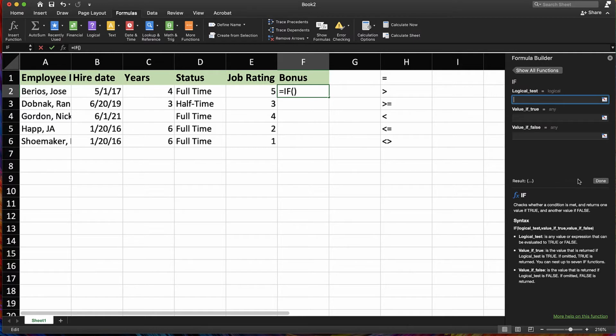So here it already pops up with our logical test. So we're going to use this job rating column to figure out if we're going to trade this Twins player or if we're going to give them a signing bonus. So our logic test is IF, and we're going to look at the location of it. So if